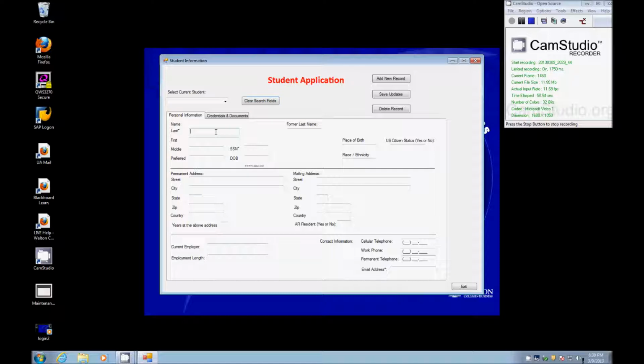So we'll go in and we'll say, just nice and simple, Cronin, first name Paul, preferred Doctor, former last name, we'll say, that one doesn't really need to happen, I guess. Social security number, we're not going to put your real one in. Street address, we'll just enter some random things for it. Zip code is numbers. Country, years of the address 5, and we'll say that your email is